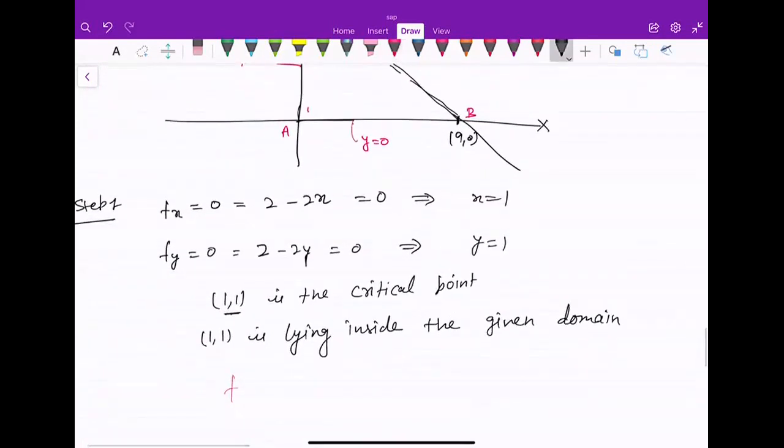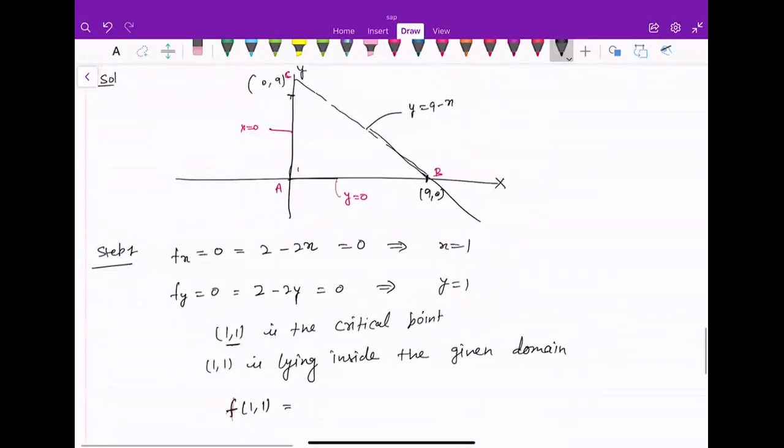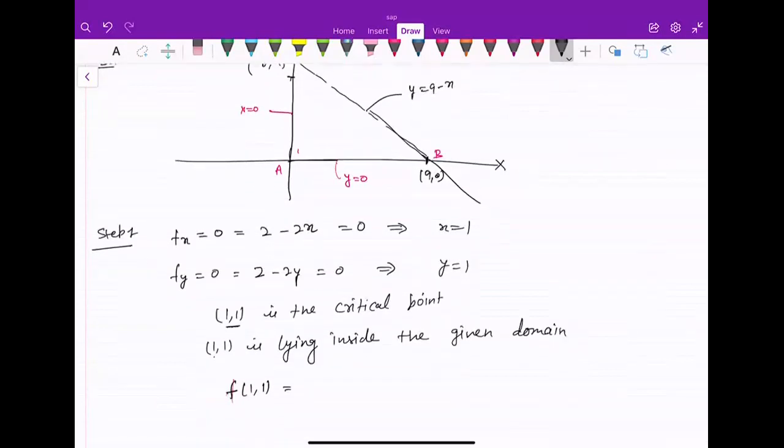Okay, so f of (1,1) है। चेक करने के लिए कि डोमेन में है, इसमें वैल्यू रिपोर्ट करनी है, इक्वेशन नहीं। आपको ऐसा नहीं है ना, (1,1) कहाँ पर लाई करेगा। अच्छा आप ये बताइए डोमेन आपका क्या है। हम फंक्शन की वैल्यू निकाल रहे हैं। अभी हमको ग्लोबल मैक्सिमा निकालना है। तो ग्लोबल मैक्सिमा निकालने के लिए आप सारे लोकल मैक्सिमा निकालेंगे। तो हम ये देख रहे हैं कि फंक्शन की डिफरेंट वैल्यूज।